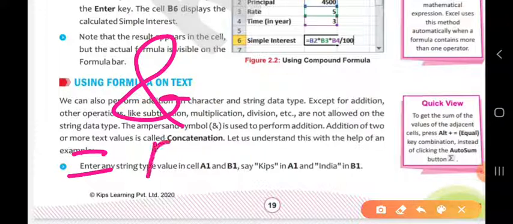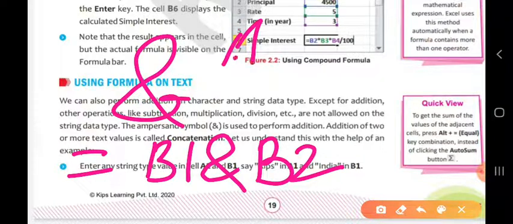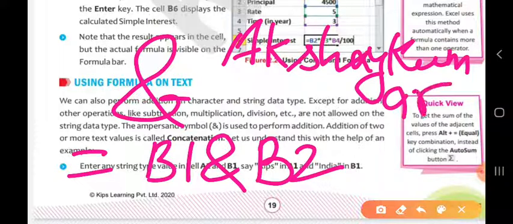Suppose in B1 you have written Akshay, then the ampersand sign, then B2. In that case, what will happen? Akshay Kumar will come like this. So this is the use of the AND operator.